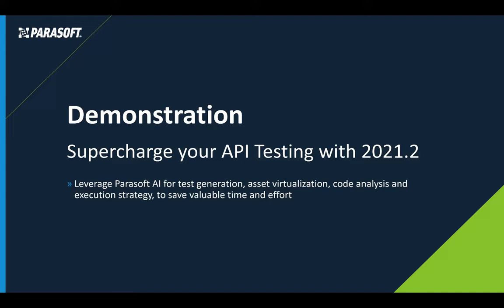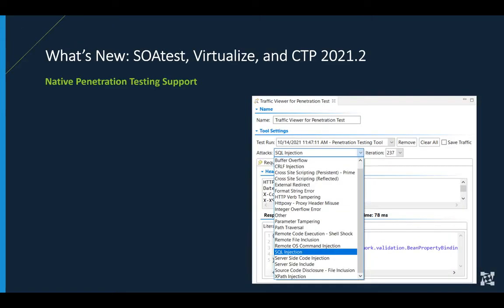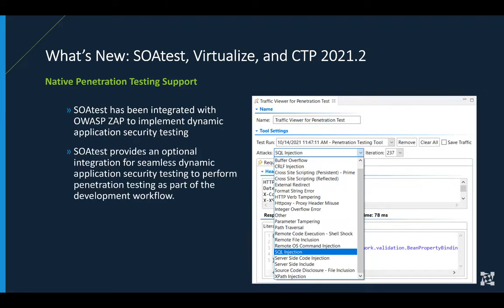So it looks like we've come to our demo. I'm now going to take you through an example where I'll begin with already having used Smart API technology to generate a simple test, and from there we'll cover our new seamless integration with OWASP ZAP to enable you to add penetration testing to your existing functional tests, really enabling you to achieve that shift left API security testing in your development process.